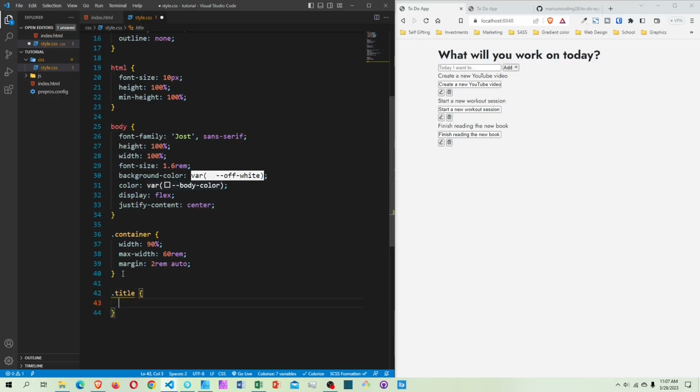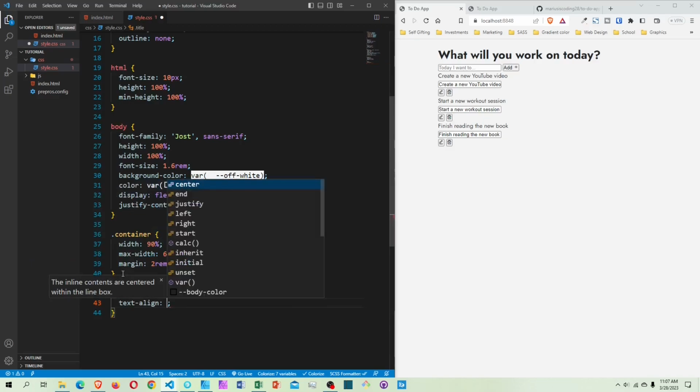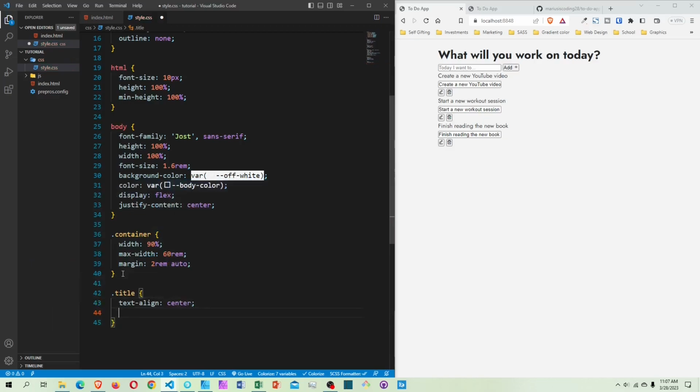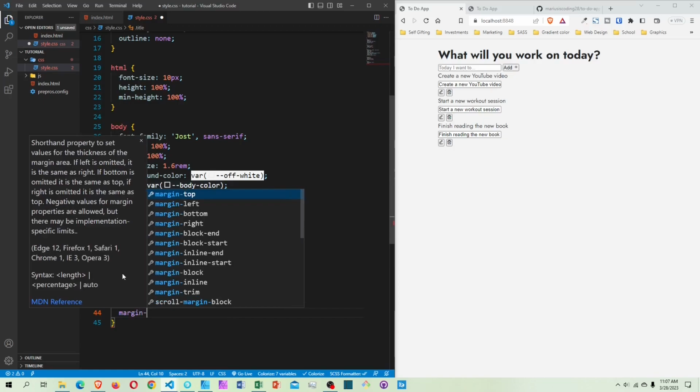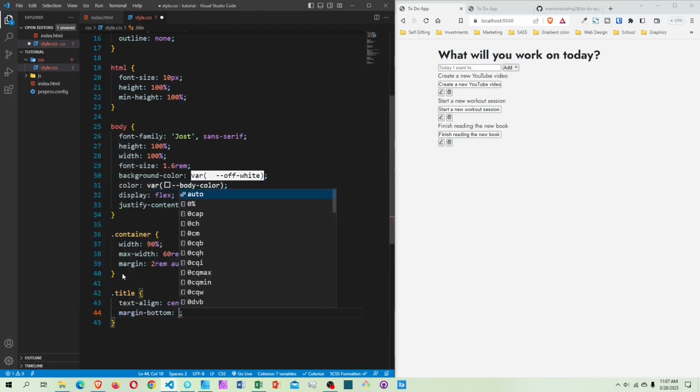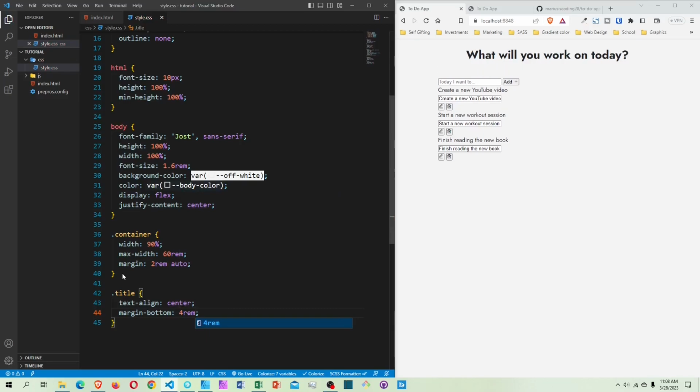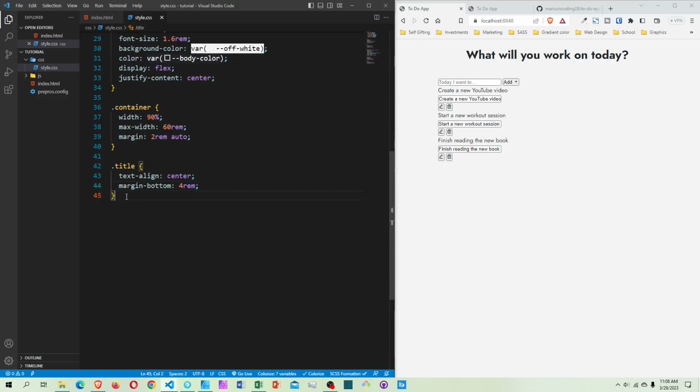give it a text-align to be center, and margin-bottom to be 4rem. Now you can see right here. After my title, I'm gonna start styling the form. So I'm gonna select my form class, just give it a width of 100%. Okay, that's all we're doing for the form. Now I'm gonna style the form group that wraps around the input and the button. So I say form-group,